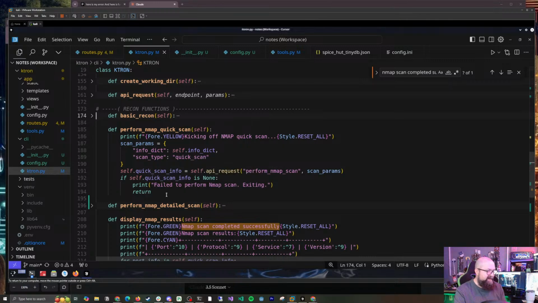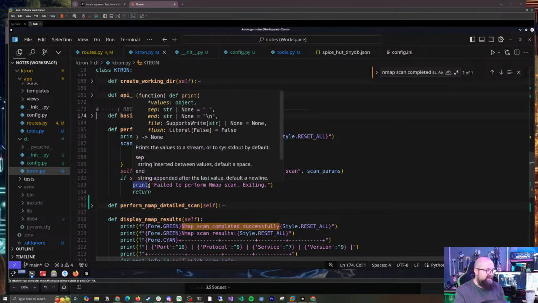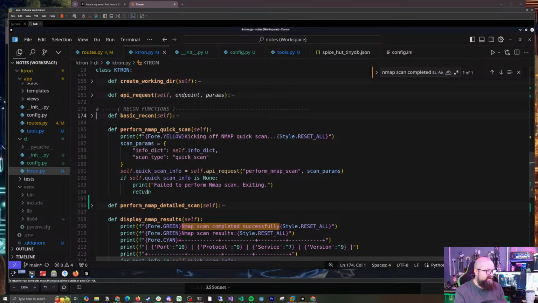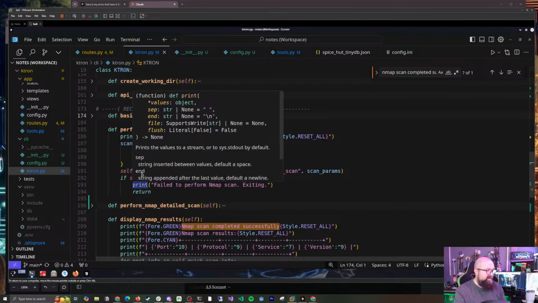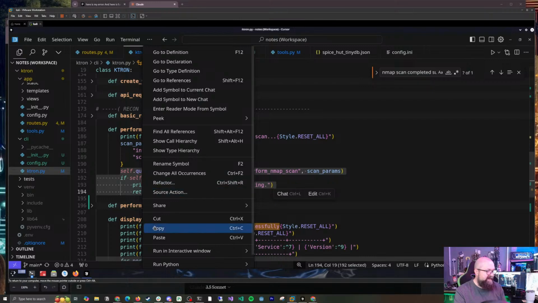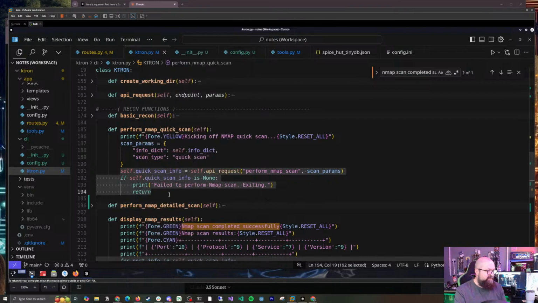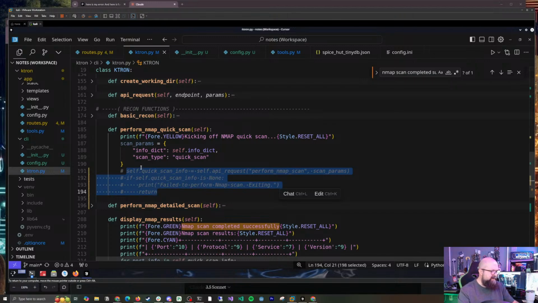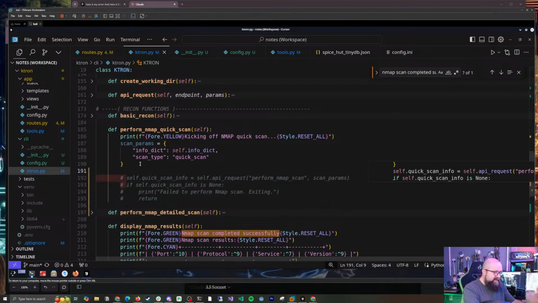Aha. So perform in-map scan. Oh, we read this wrong. Okay, so we're not getting that from here anymore. That's why that keeps failing. So for now, let's see. We still have to do this though. So let's take this and just comment it out for now so we can see what we were doing. And instead, we're going to just do